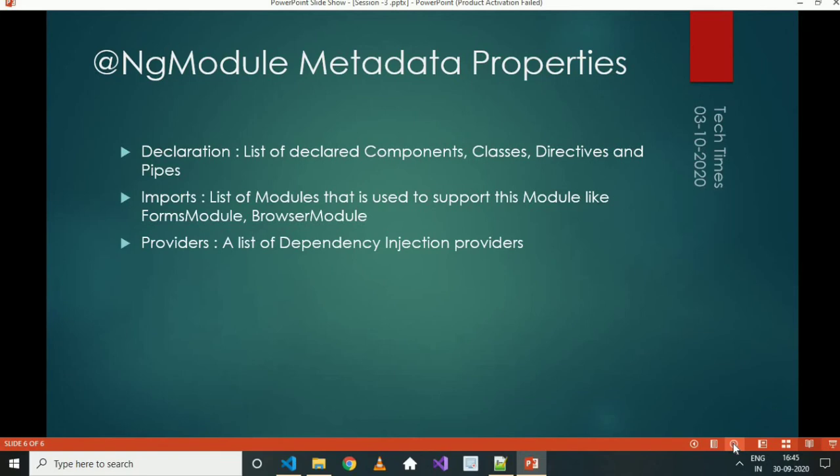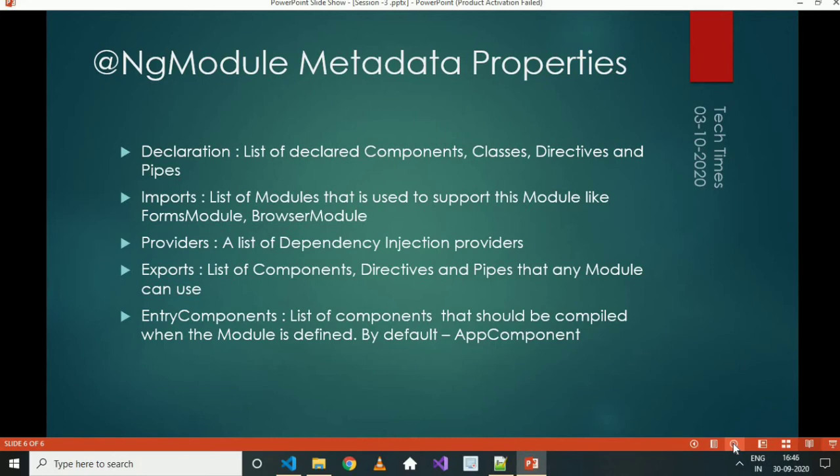Next one is exports. This is a list of components, directives and pipes that a module which imports this module can use. Next is entry components. Entry components is a list of components that should be compiled when the module is defined.